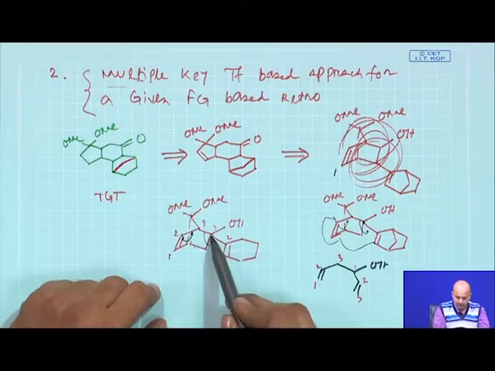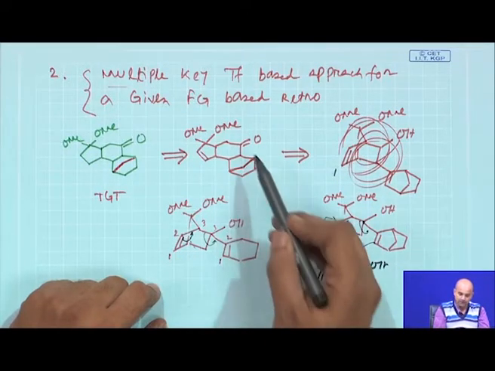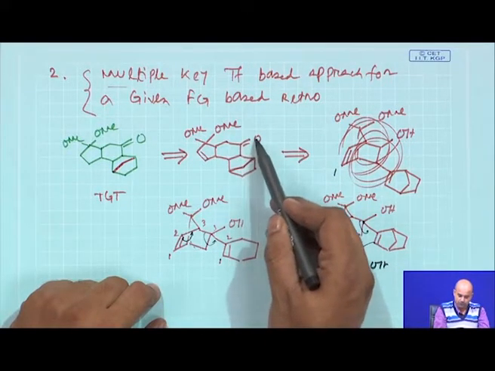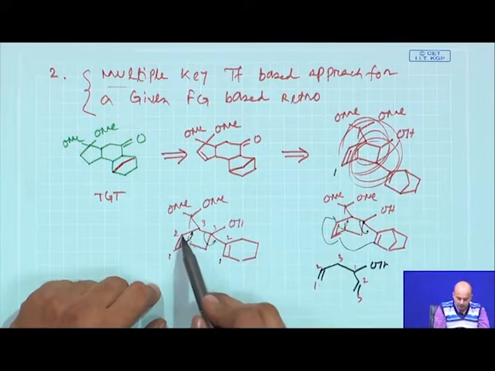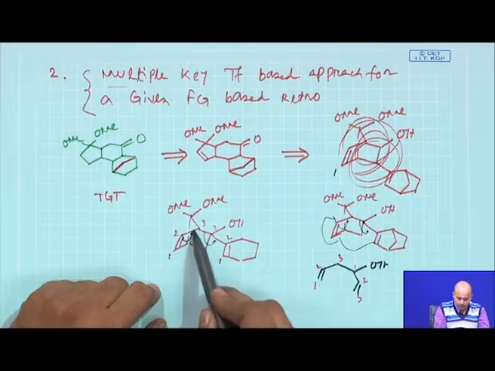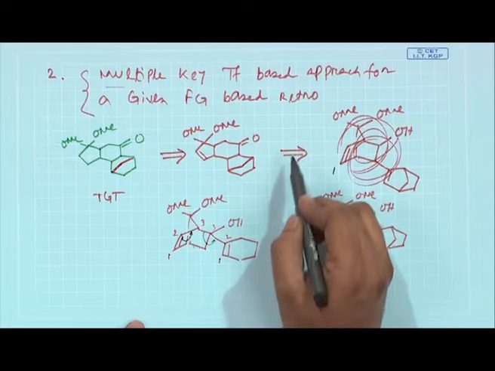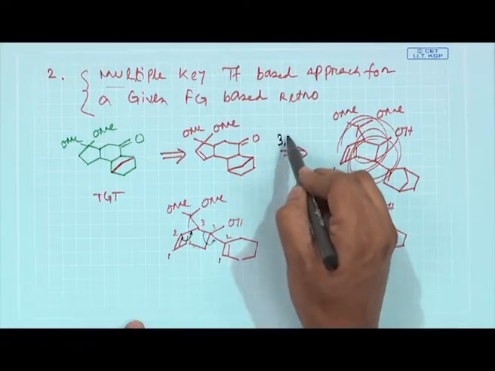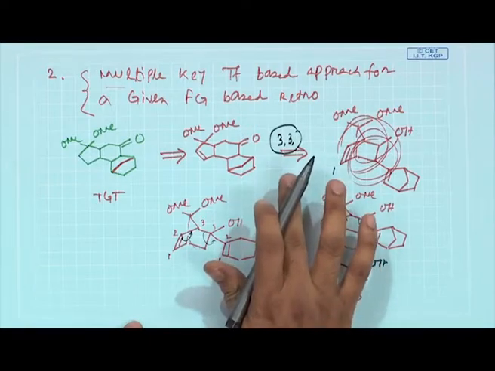Now, you are getting a pi bond here which is now an enol. This enol tautomerizes to give you this ketone, and this particular pi bond is the one which is now generated here. So, it is a clear case of a 3,3 sigmatropic rearrangement reaction, and that is in real practice how this structure can be correlated to this target molecule.